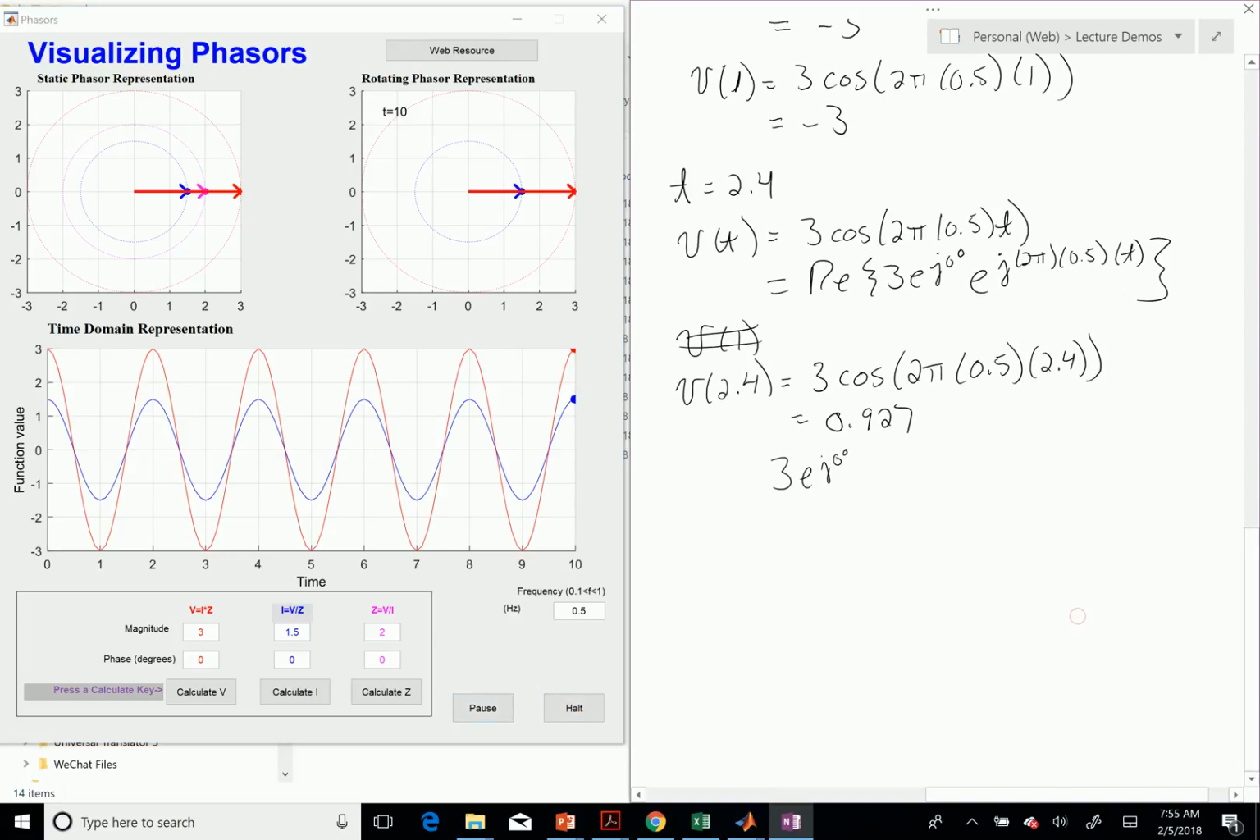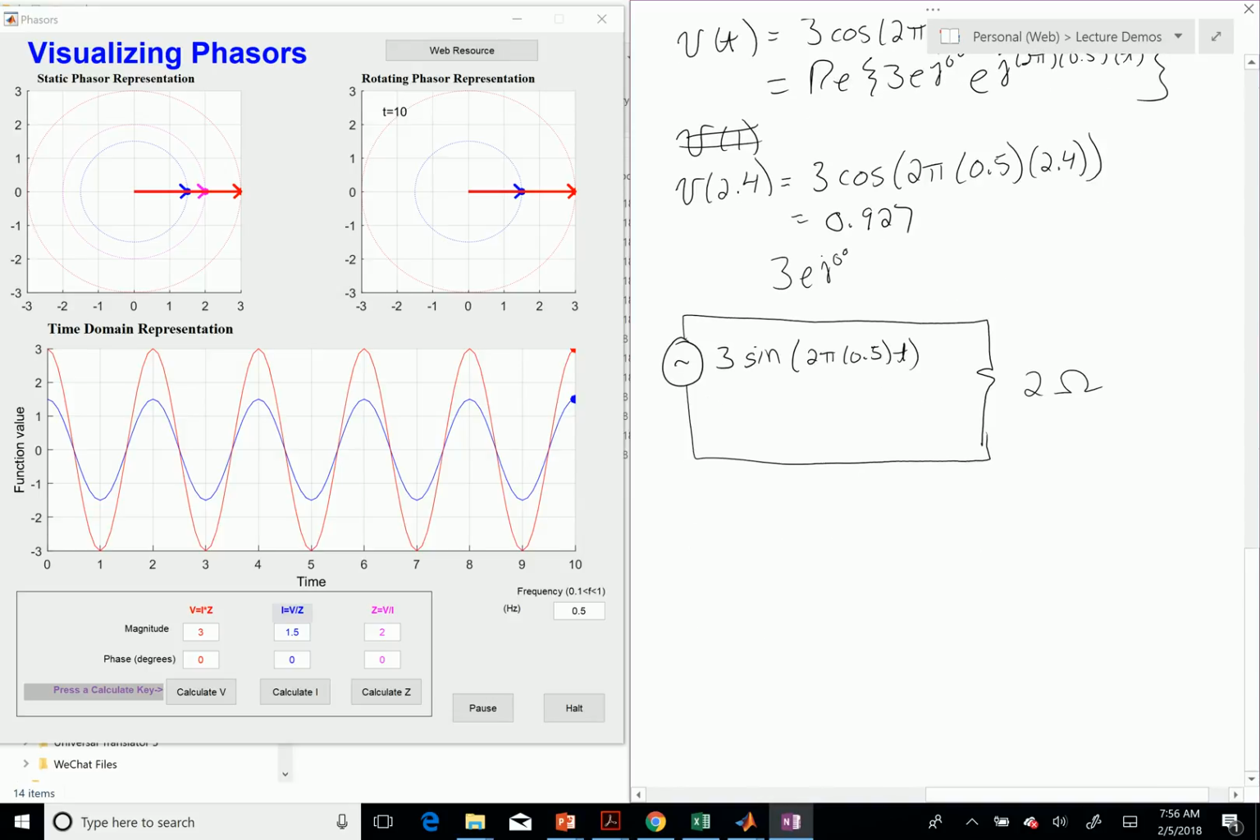Now let's say instead that my circuit had 3 sine 2 pi 0.5 t as my input. And let's say I still had that 2 ohms like that. Now, if that's the case,